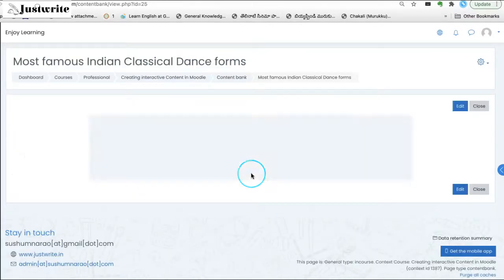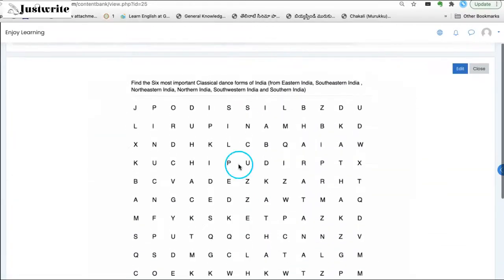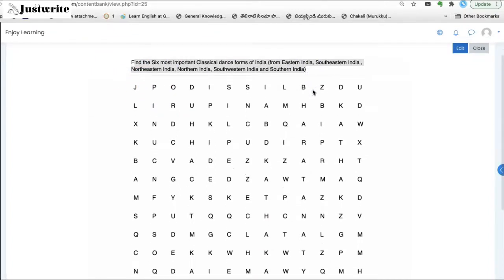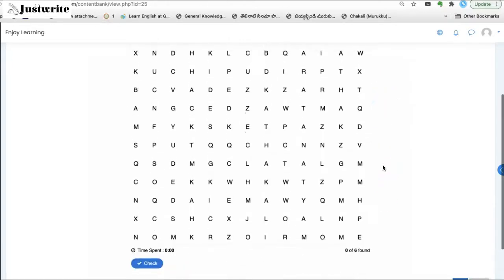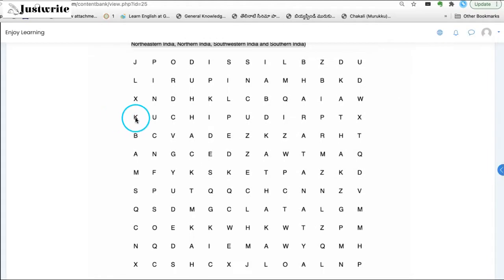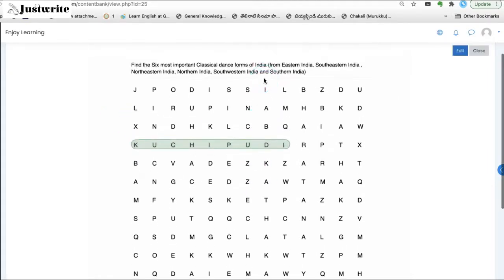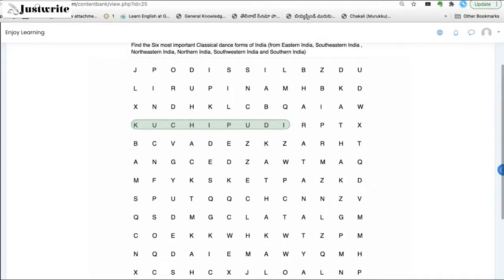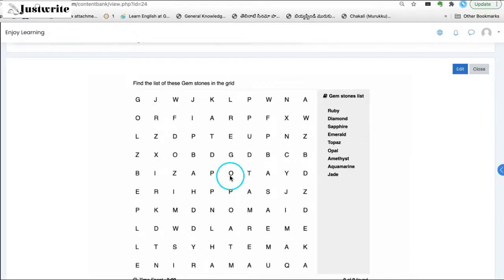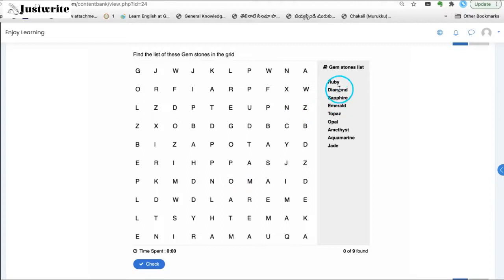You can preview it. Let's see how our settings appear here. We hid the vocabulary list. That's why there is no list and there is no header. And we have to figure out depending upon the hint that has been given. We will see another example here. Just observe this with the word list and the header also given here.